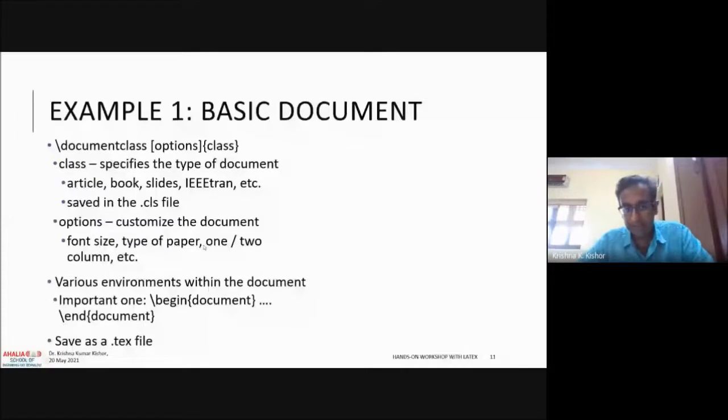And the class depends on the journal you're submitting to. For example, IEEE gives you an IEEEtran class file, a .cls file. You can download it from the IEEE website, or typically journals give that on the journal link. Then you can simply type in IEEEtran over here, and it will automatically use the style settings expected from that journal. That is the beauty of it. You don't have to spend time setting the page margin, 2-column format, font size, everything gets set up automatically, because the journal is giving you that class format.